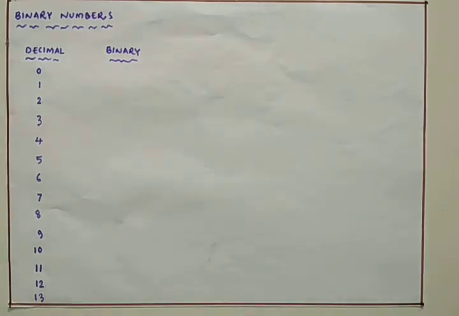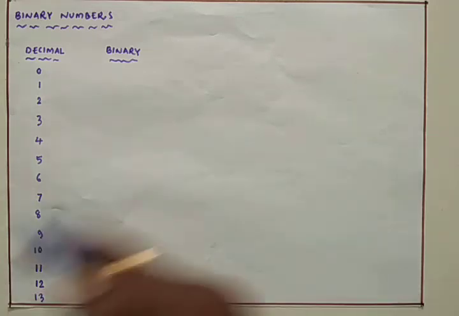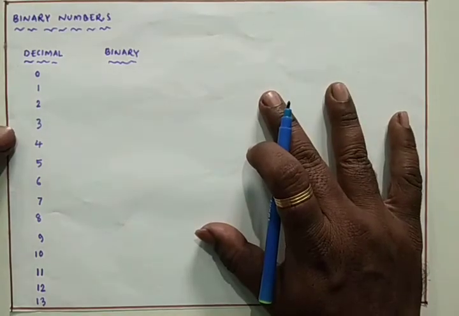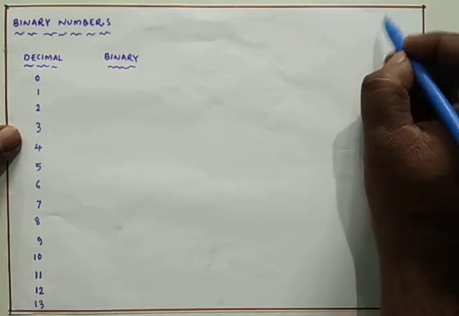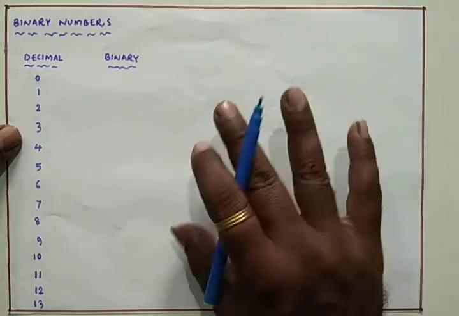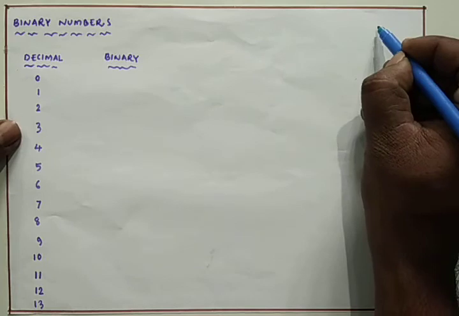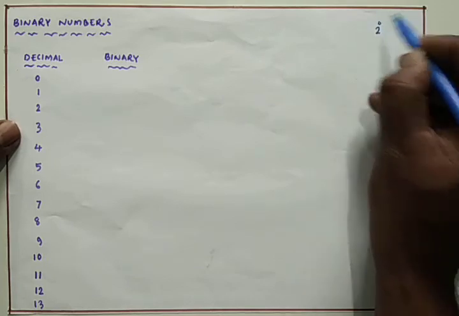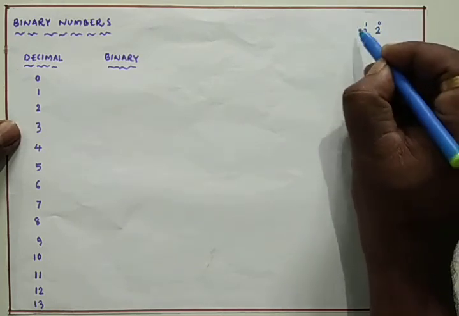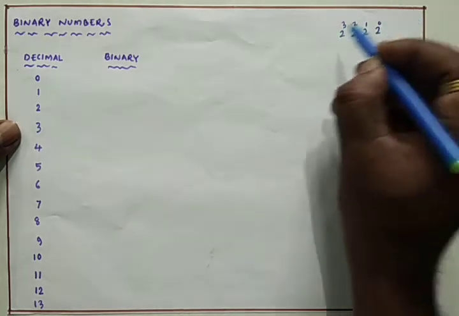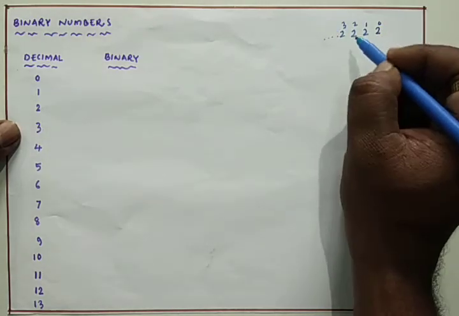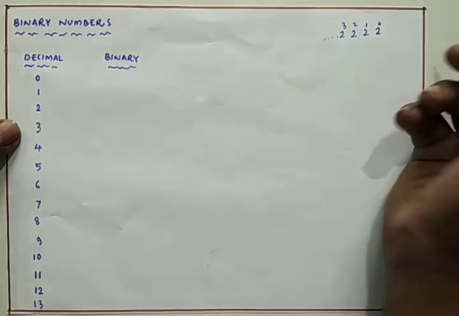Then I am going with one particular example. See this one. Here we are going with one particular analysis. For example, 2 power of 0. Binary numbers will have the base of 2 only. So I am going with one analysis: 2 power of 0, 2 power of 1, 2 power of 2, 2 power of 3. Assume that I can extend this based on the largest number, 2 power of 4, 2 power of 5.